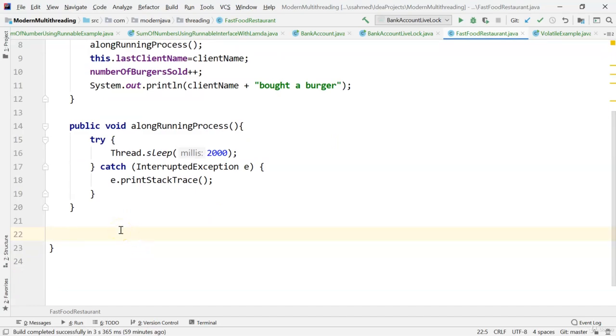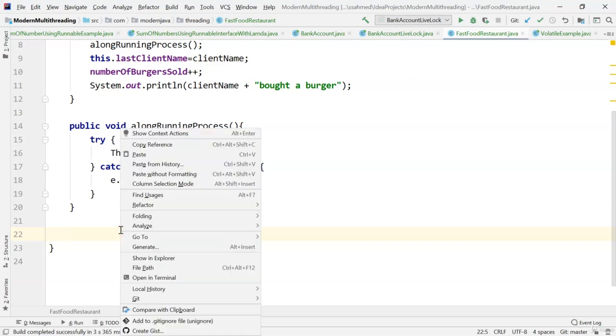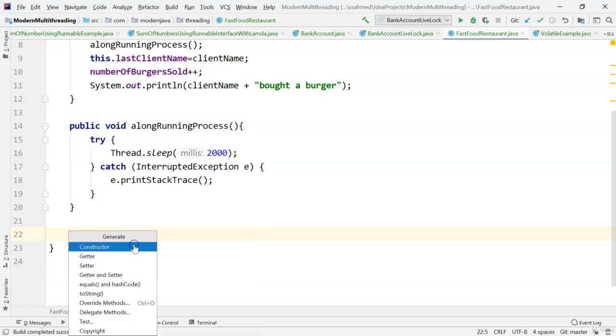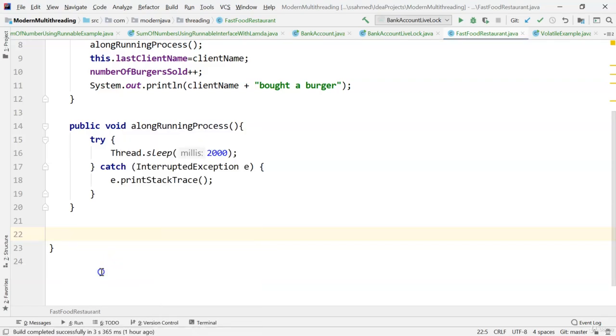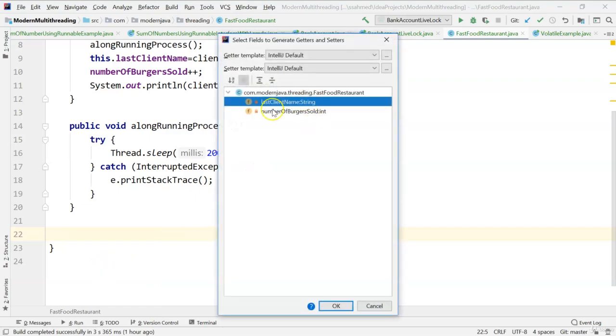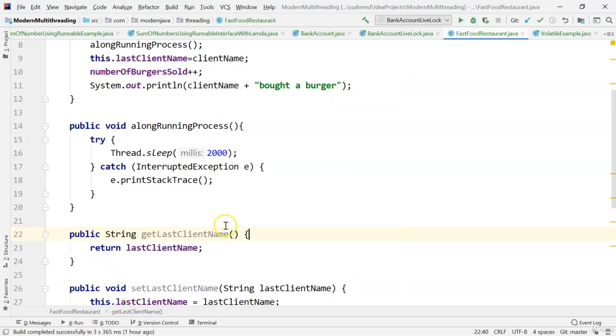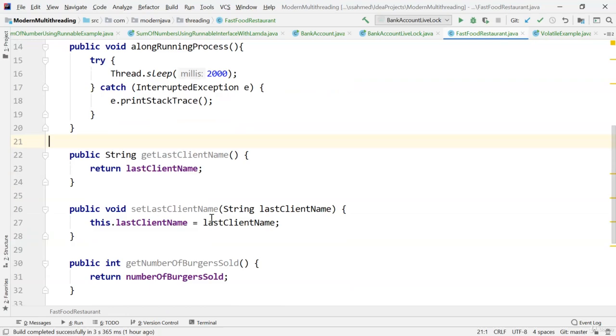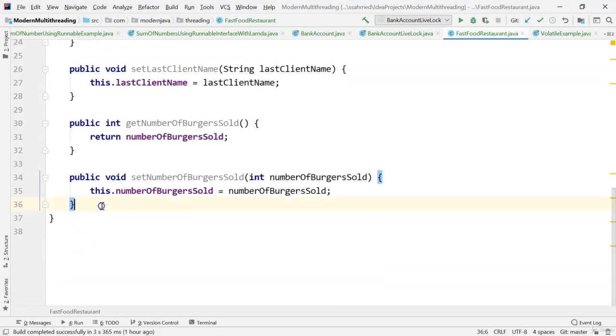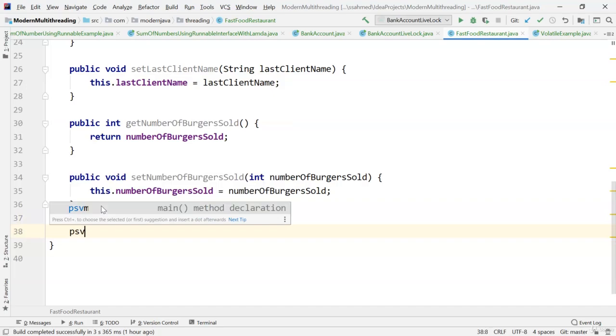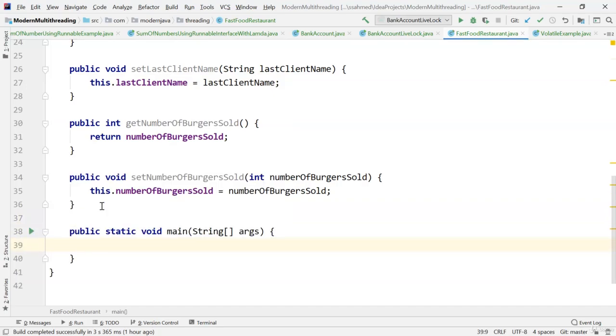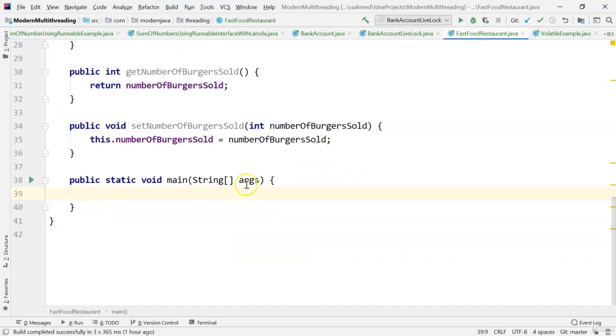Let's implement getters and setters. So right click, generate getters and setters. And let's create public static void main. Inside public static void main,